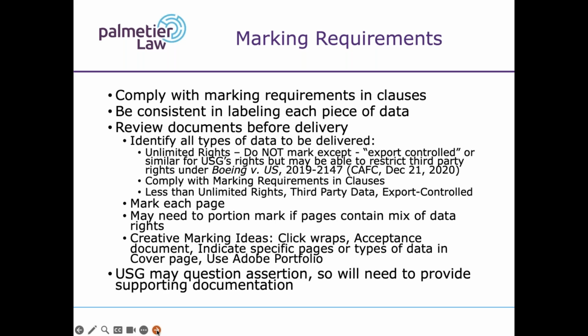If you are delivering data under an SBIR contract, almost everything is going to be delivered with SBIR rights. You're going to mark everything with SBIR rights. But if you include something in your SBIR contract that was developed as other background information, or another set of IP that's related, that built upon, to which the government has unlimited rights, you have to follow the marking requirements. And in the SBIR clauses, for example, it gives you a paragraph that says SBIR paragraph, government purpose paragraph, limited rights paragraph. You must use that marking exactly, at least on the cover page.